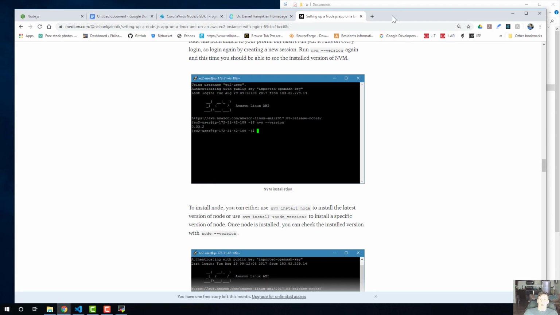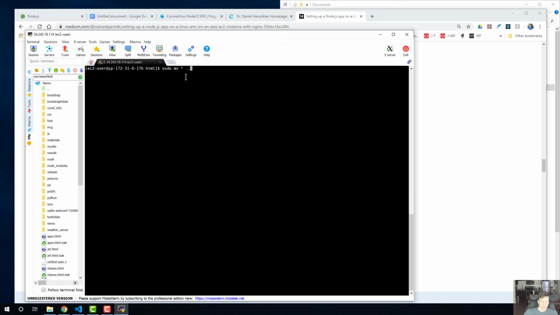Okay, once you have Node, you can start npm things. You can npm things like n, right? So npm install -g means globally, and n is just a shortcut for always making sure you have the latest